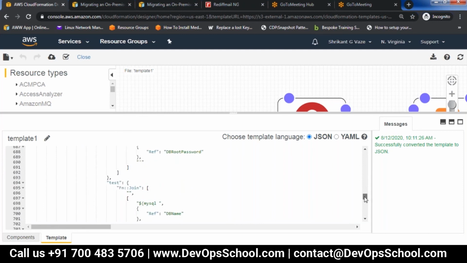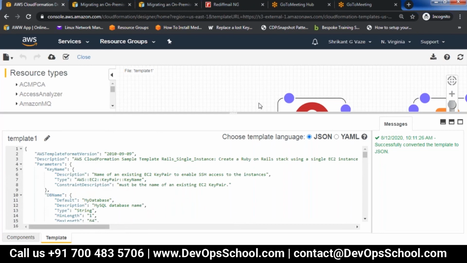Okay, so let me just show this. Let me run this template and create a sample stack. To do that, first I need to validate this template so that syntactically everything is correct. Since we have taken it from a sample template, it should be a valid template.